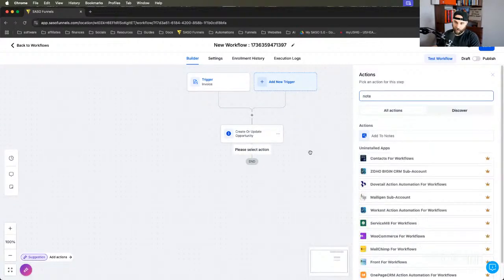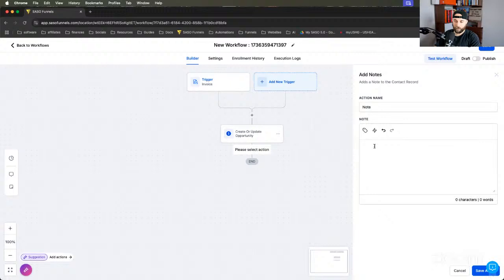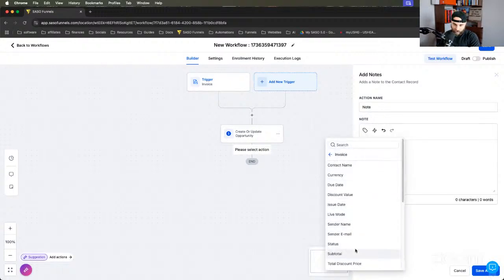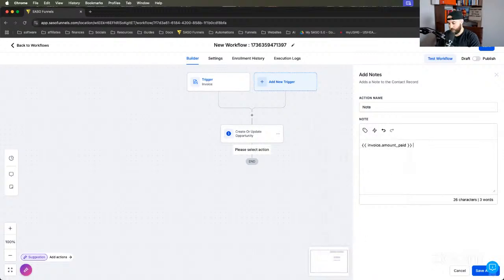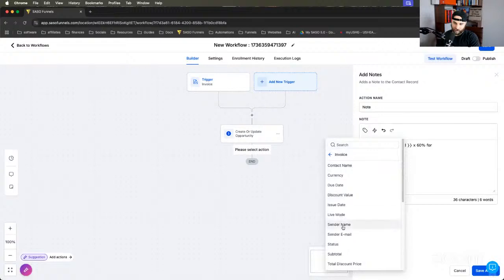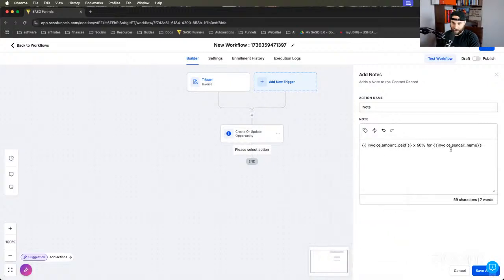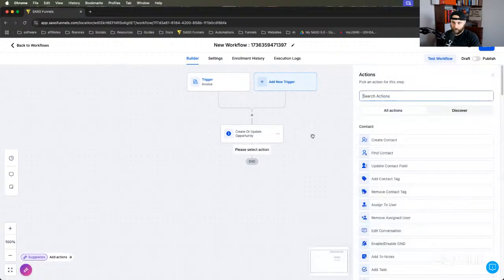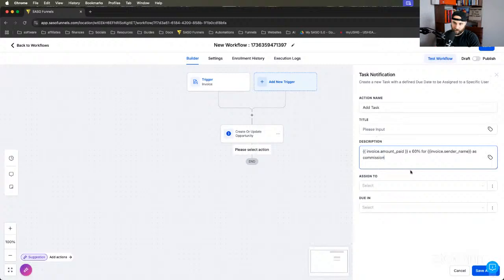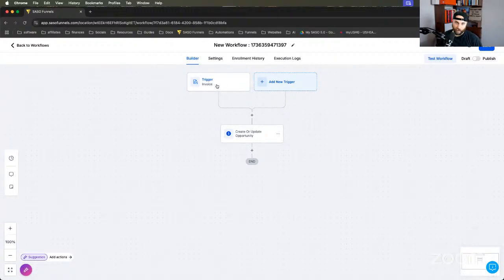And then you can do a note on the account, you can do a sheet, you can do whatever, and you can basically say so and so paid right here, invoice, we can do amount paid. And then this could be times whatever, 60% for sender's name, because that's going to be whoever sent the invoice. So if I close them, maybe I'm sending the invoice. So invoice paid times 60% for sender's name as commission, right? And so I can do that. I could even do a task, and I could assign this task to whoever's in payment, right? Add this to their thing. Or you can do a sheet and just have it all in sheets with a date, right? And that amount